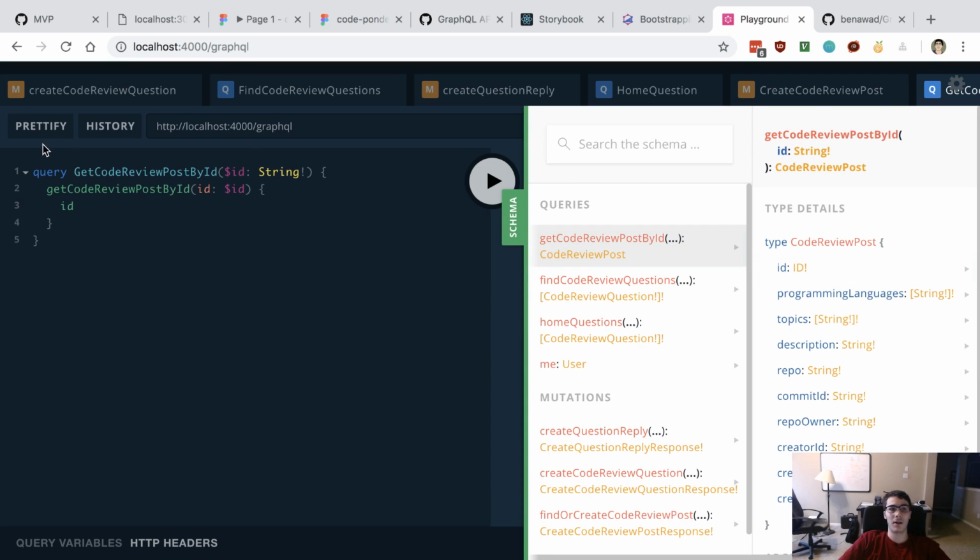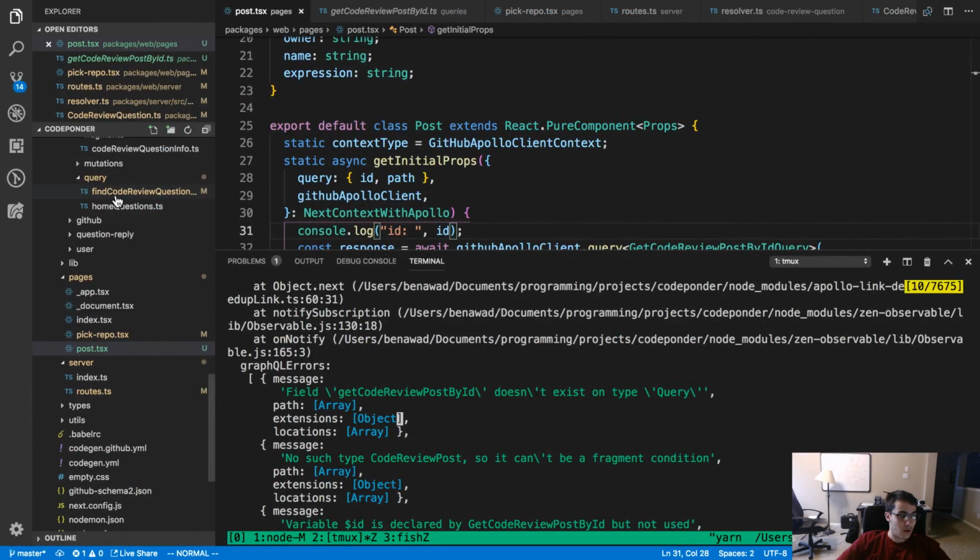Get code review post by ID. No such type code review post, so it can't be a fragment condition.